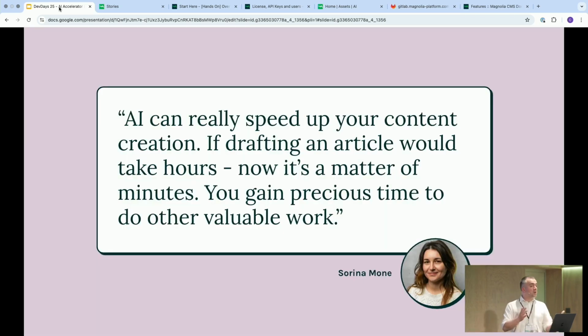So what we've seen, why are we doing this? Because we know that AI can speed up content creation. Drafting that article would have taken me far longer than just the couple of minutes that I've done now. I can get my content out very, very quickly. I can respond to new trends. I can respond to current affairs by getting content out super, super fast. So that would complete everything on my list of things that I was required to do. I've got my landing page enhanced, I've got my blog content, and it's taken me a couple of minutes